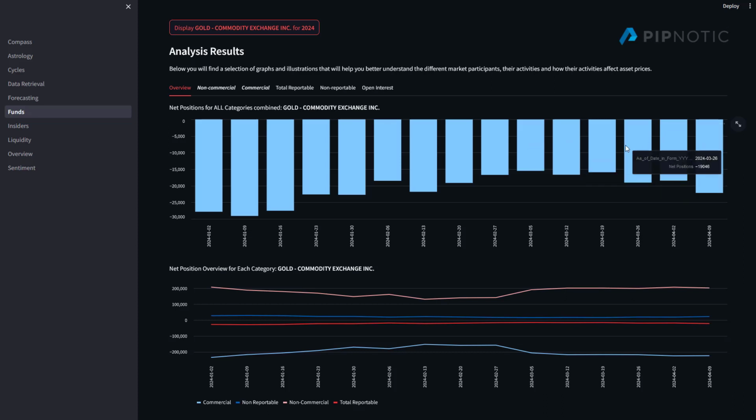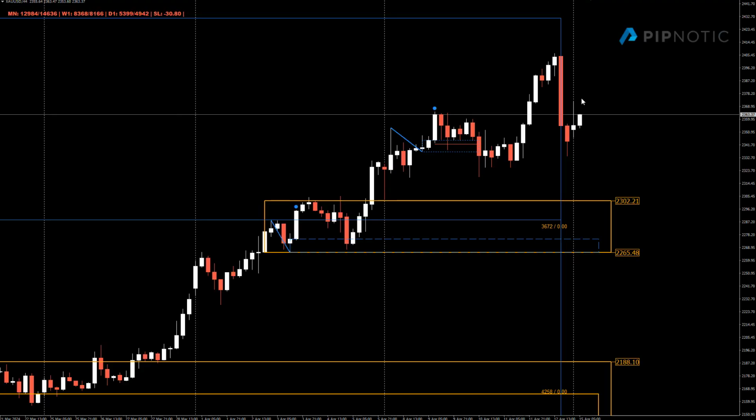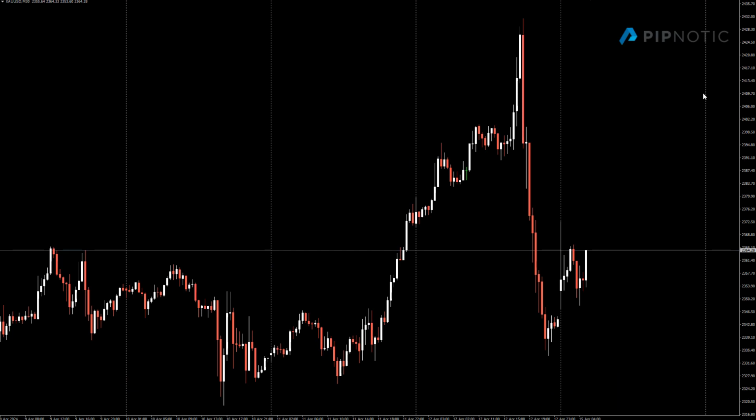But we'll have to wait and see what happens here as these net positions for gold begin to expand, maybe negative, or if we have a bit of a pullback. But I think for the time being that we could see gold pull back, and so we could begin to accumulate short positions from around here, because we actually have such a big wick there. Maybe have a look on the 30-minute chart and see if there's anything.